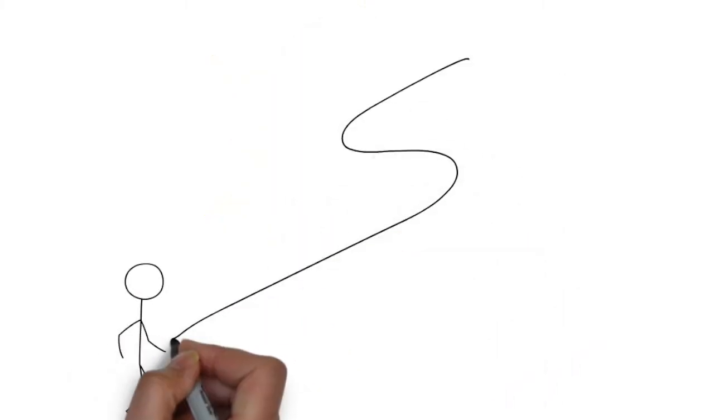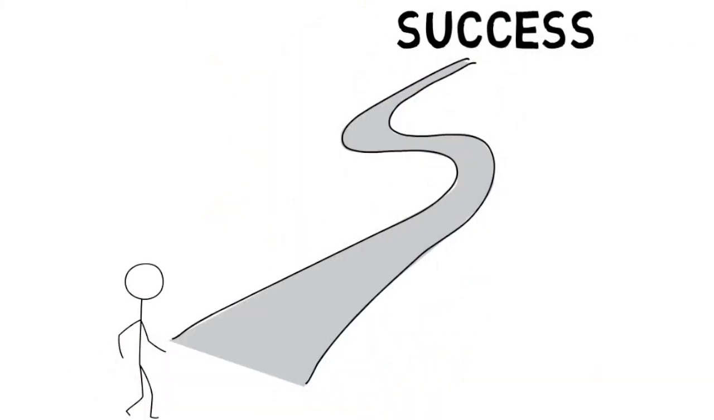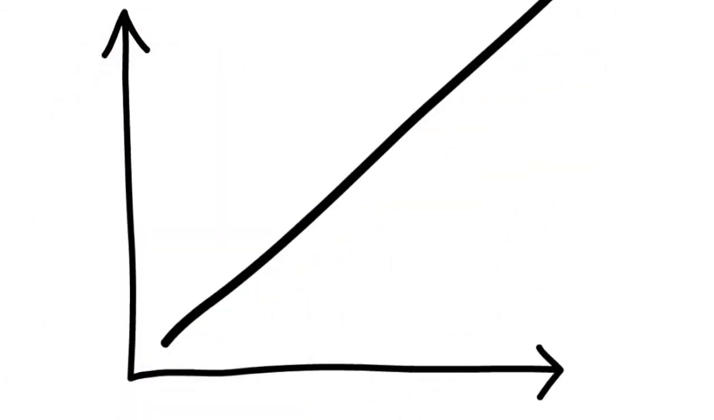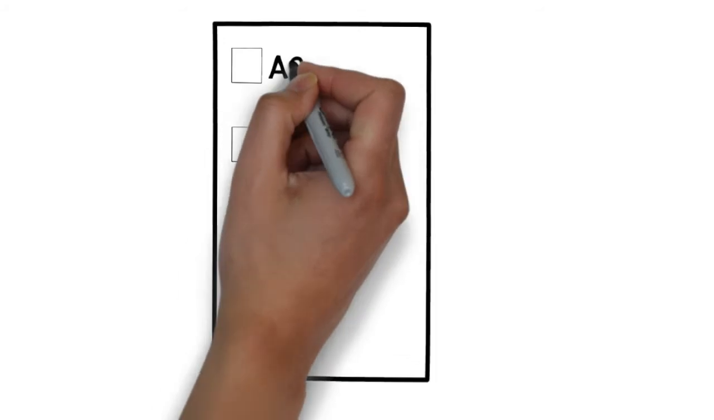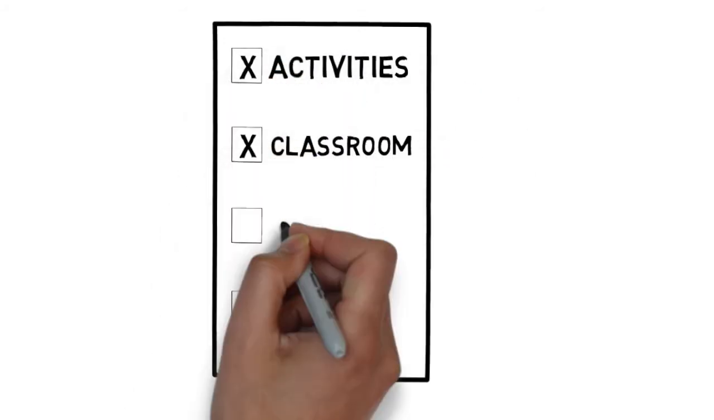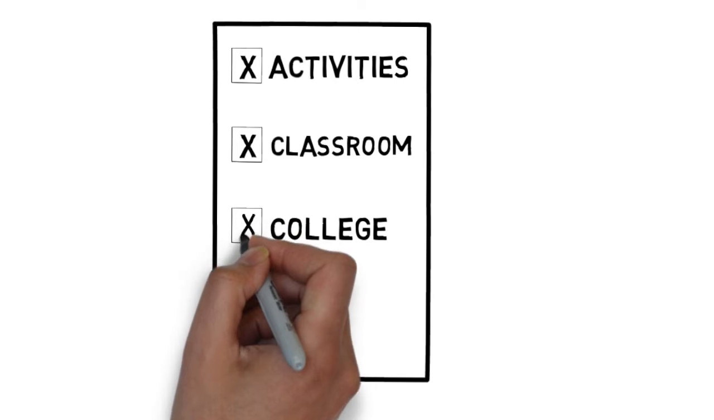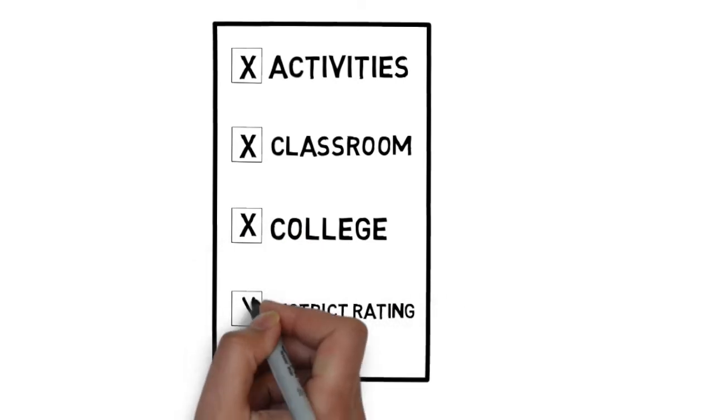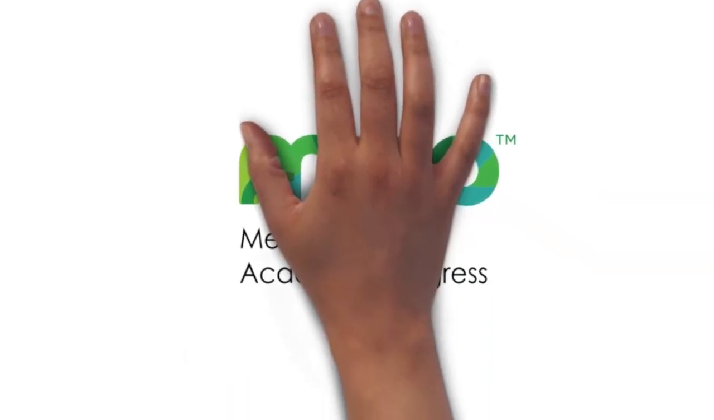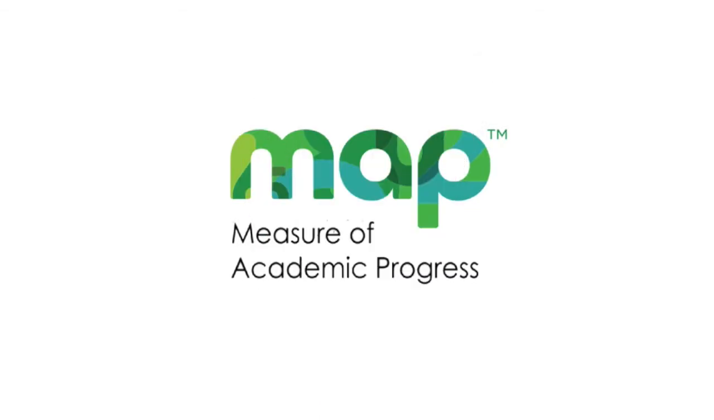In Sunnyvale ISD, we are always working to ensure that all students are on a path towards success. But how can we ensure that all students are progressing along this path as they should? In our district, we look at many different factors in determining a student's success and future readiness, from involvement in extracurricular activities, to classroom performance, to college readiness, to other measures that you see in our locally designed district rating system. Most recently, though, we've added a new tool to help us track student growth, the Measure of Academic Progress,